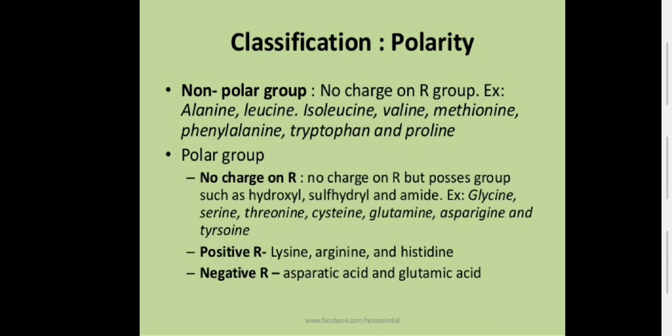Examples of those 20 amino acids that focus on the polar group are glycine, serine, threonine, cysteine, glutamine, asparagine, and tyrosine. Okay, so those are the amino acids in the polar group. So let's go now to the